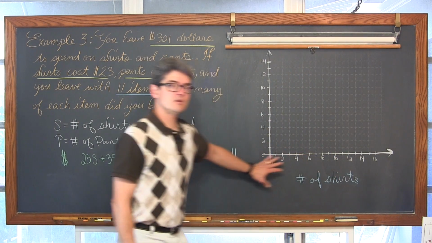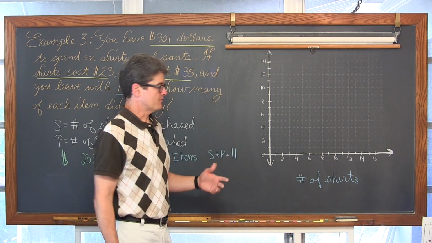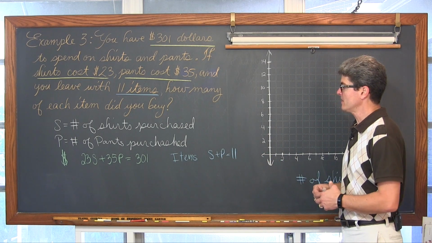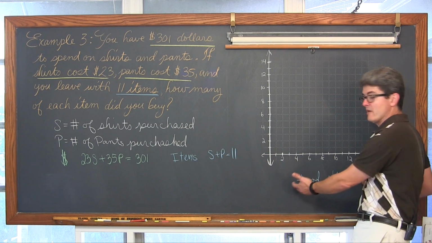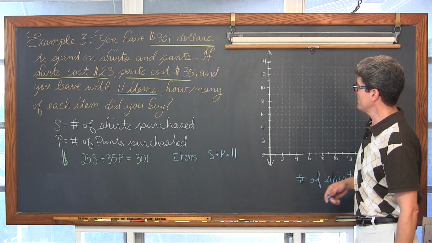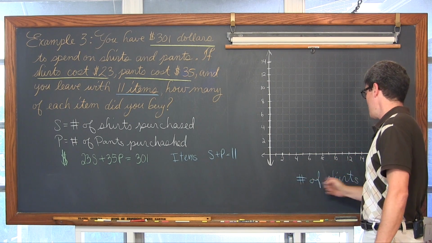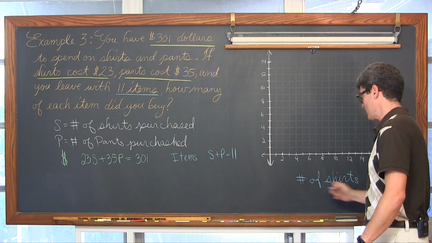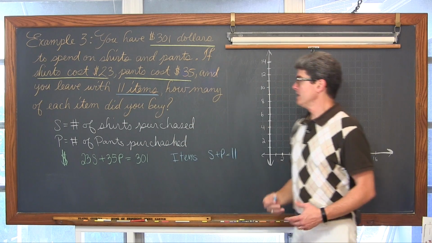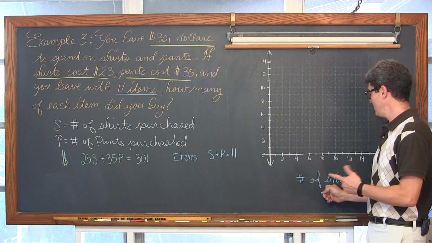The x-axis is where you put your independent variable. In this case, if we're just buying shirts and pants together, I'm not really sure if there's a clear independent and dependent relationship, whereas if you have a word problem dealing with time, it's almost always going to be time as the independent variable, and something is going to be dependent on how long that's been going on. But if we say number of shirts is going to go along the x-axis, number of shirts is the domain, it's the independent variable, well then if you're buying a total of 11, the number of pants is going to need to adjust, is going to be dependent on how many shirts you buy.